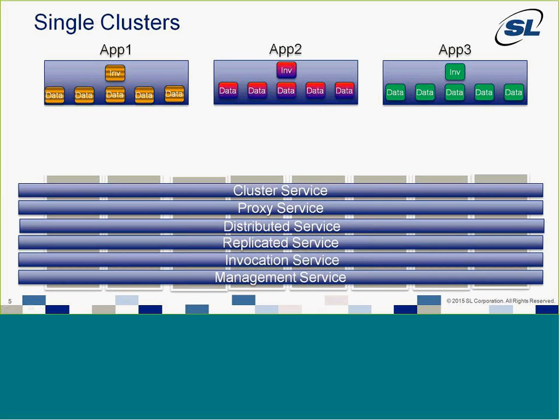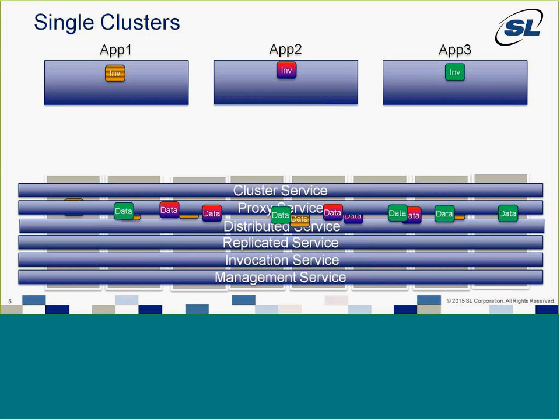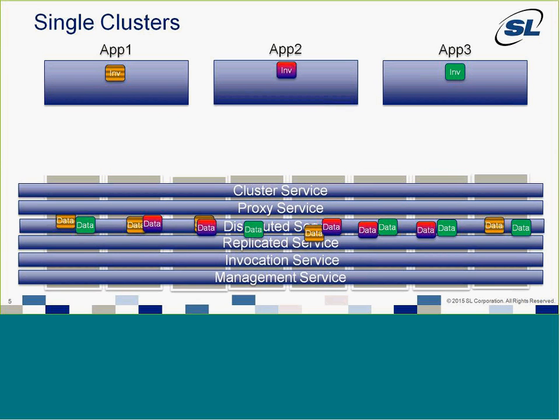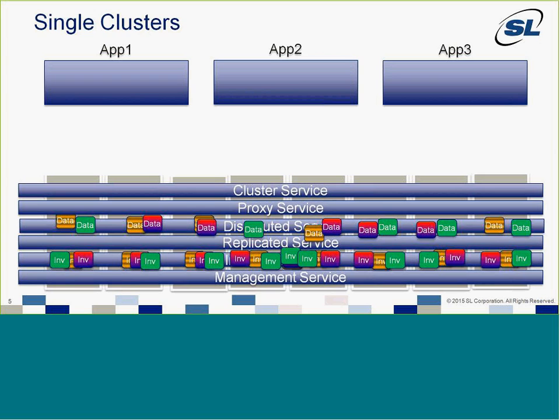You'll notice we have our hardware down here across the bottom of the cluster. This has some racks and some servers. Your services spread across each one of them, and data. You're going to have your data spread across your distributed service. And you're going to drop in some invocations, which will then get to run across every machine in the cluster.